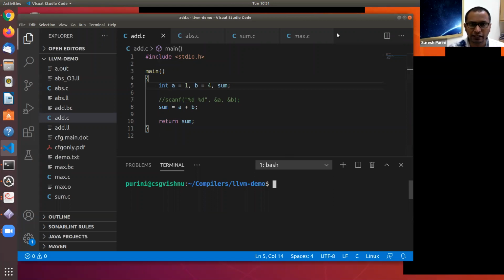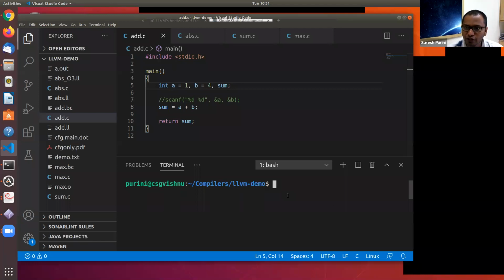Today we shall see a little bit about LLVM. What are the different tools that are available in LLVM? Of course, there are many, and we will look at a few important tools that come along with the LLVM compiler infrastructure.